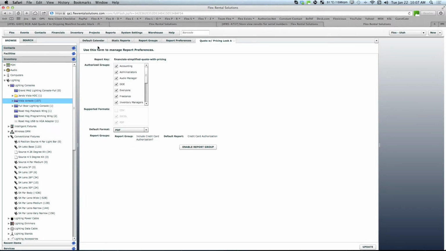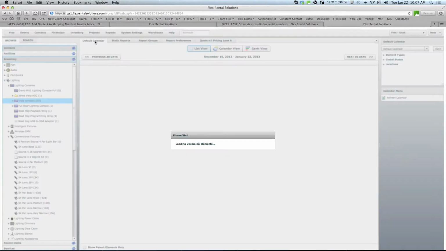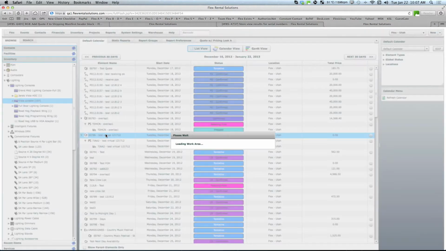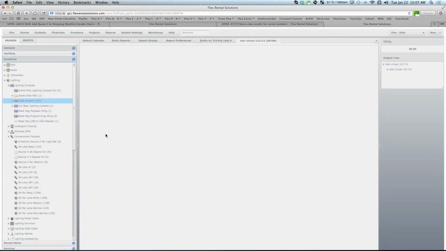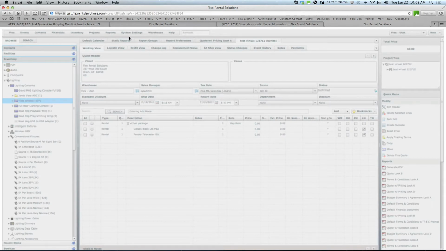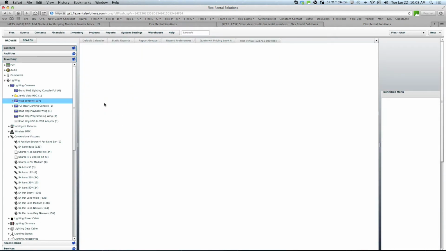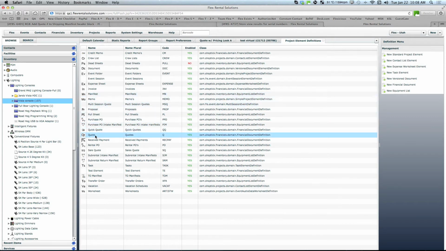So let's open up a quote here, and we have enabled Quote with Pricing Look A for the quote element. And let's review before we go any further how we did that. We went to Projects, Project Elements, Quotes,